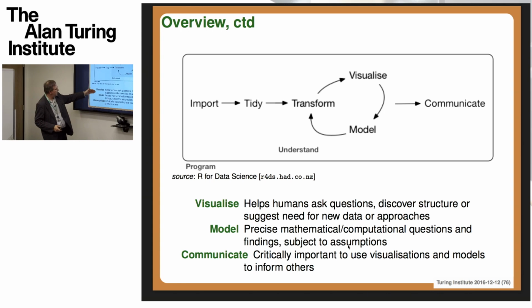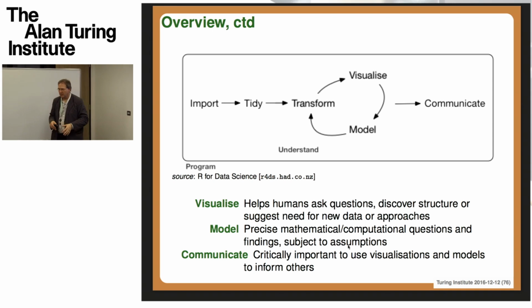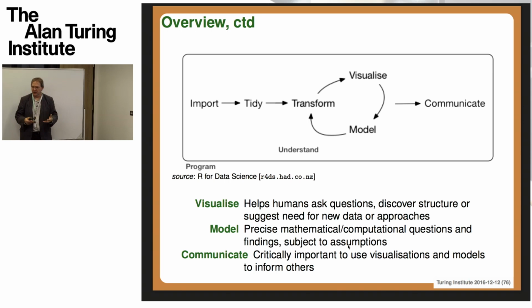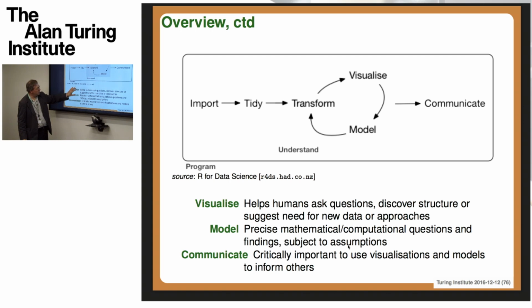On the other hand, besides the visualization, there are also modeling activities. In modeling, you ask a precise mathematical or computational question about the data, and you derive results according to that precise formulation. But often that comes secondary to having visualized the data. Having visualized the data, it might be screaming out to fit a linear regression model or some other parametric regression model, and then we go away and do that. So modeling is a distinct but not incompatible activity with visualizing. They go hand in hand.